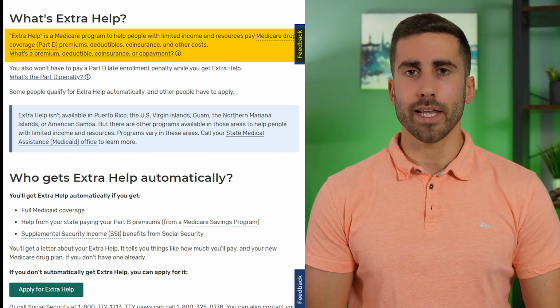Here on the screen, you can see general guidelines for income and resource requirements to qualify for Extra Help, but if you think you are at all close to qualifying, we highly recommend you fill out the simple online application for Extra Help at ssa.gov to get an official decision. This even applies if you don't have a Part D penalty, since Extra Help is a great way to save